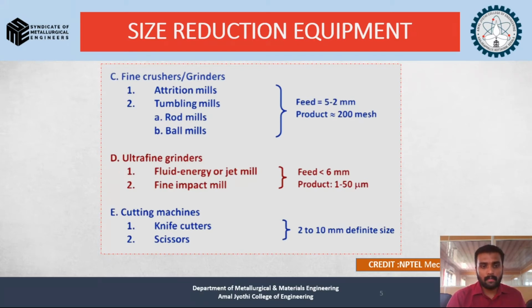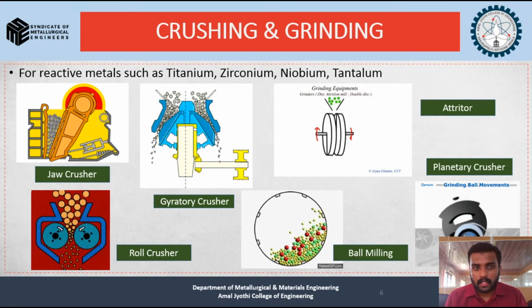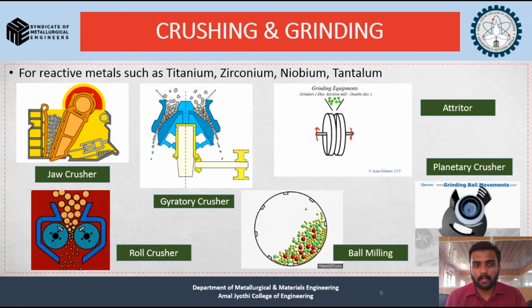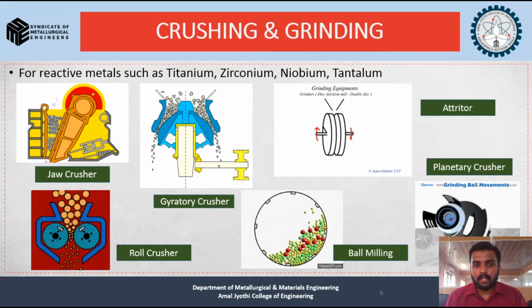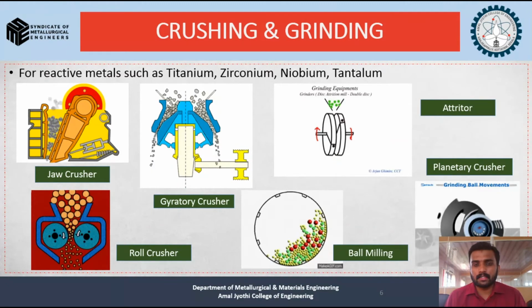Those are the classification for the size reduction equipment. And for the classification E, that is the cutting machine, you might be familiar with knives and scissors. So the particle size is in the range of 2 to 10 mm, that is 1 centimeter. So normally we don't rely on those kinds of reduction processes. What is described in this particular slide is the crushing and grinding units we normally use in powder metallurgy. And I think you must be familiar with those kinds of machines from your mineral beneficiation subject, because